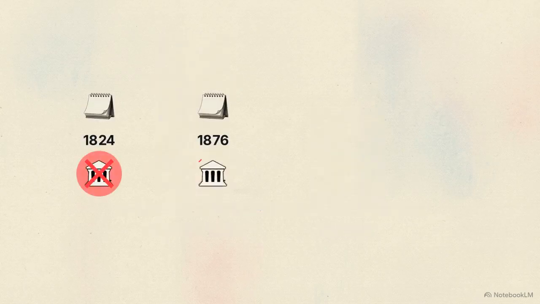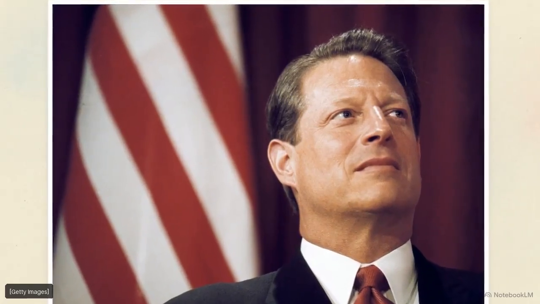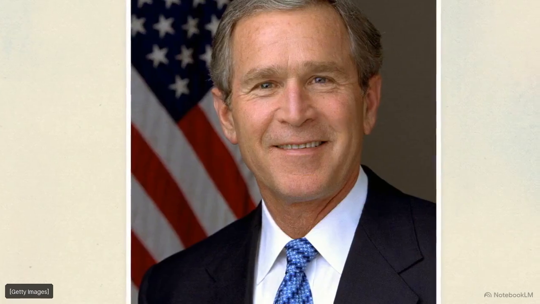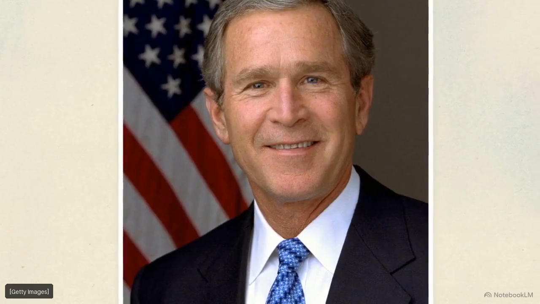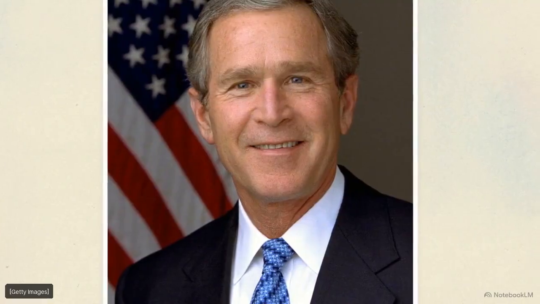4 times in U.S. history, the candidate who won the popular vote actually lost the presidency. We saw this happen in the year 2000. Democrat Al Gore won about 500,000 more popular votes than his opponent across the country, but Republican George W. Bush secured the presidency. He did it by winning the Electoral College with a tight margin of 271 to 266